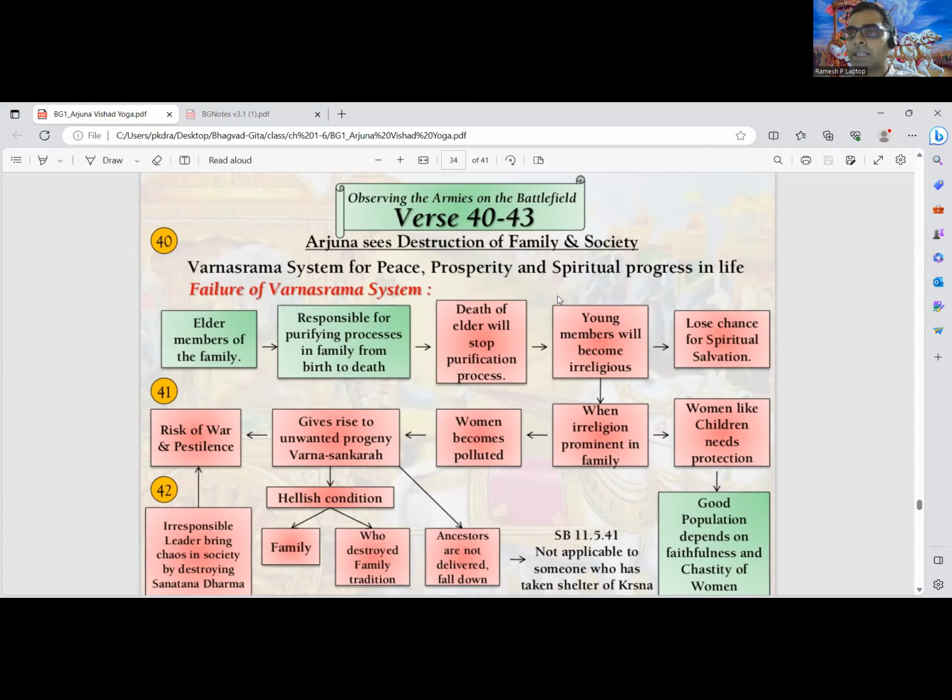So which will actually sanctify them of their reactions and all those things, right? So he was thinking who will do all those things, and there'll be a lot of irreligious people, and due to irreligiosity, everyone will go to the hellish planets. So he has actually looked forward from so many angles.